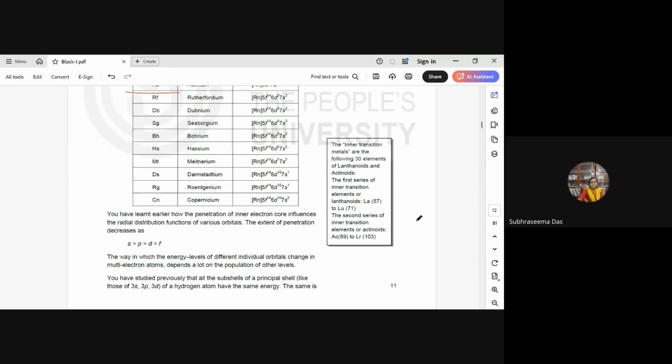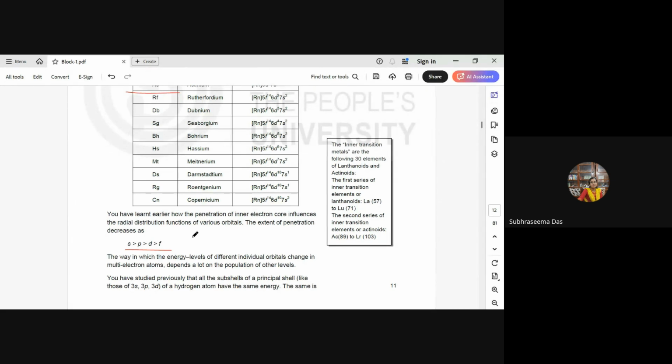When we talk about the penetration of electrons, it follows the order that s is greater than p, which is greater than d, which is greater than f. Which means that s is the closest to the nucleus, followed by p, then d and then f. According to this penetration, the arrangement of electrons is made,